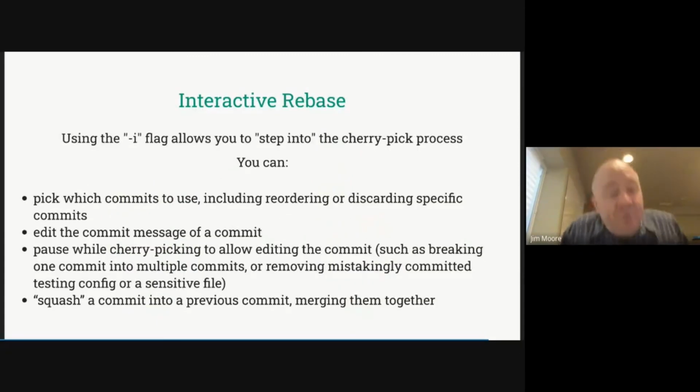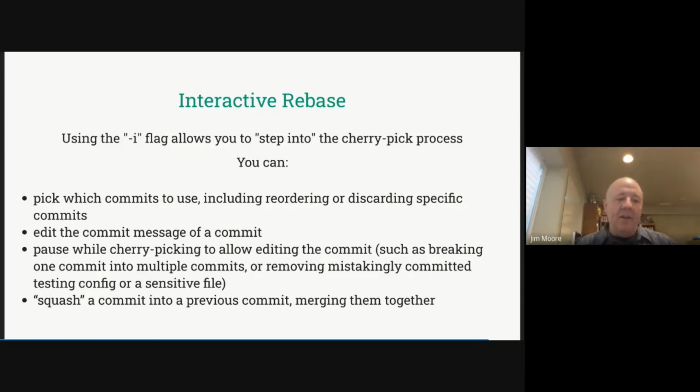Another thing that rebase lets you do, because it builds that recipe, is you can step into the recipe and rewrite the recipe. So that change set. With that, we can do an interactive rebase. So we add the -i to it. And what that does is it'll bring up all the commits that are part of this change set. And typically it'll say pick, pick, pick, followed by the hash of the commit, followed by the commit message for the commit. And then you can do whatever it is that you like, because you have access to rewriting the change set that it's going to be using.